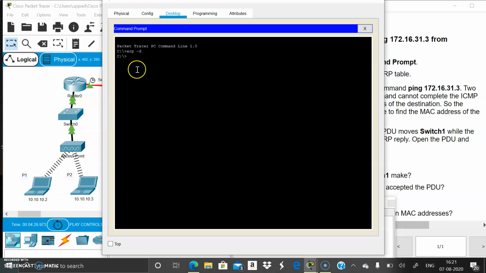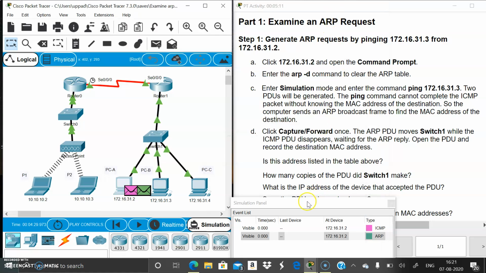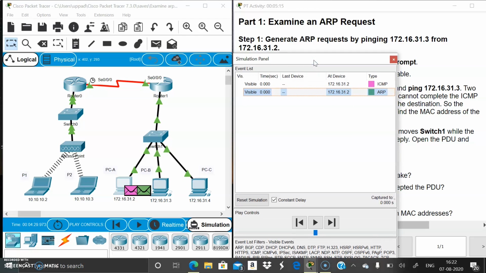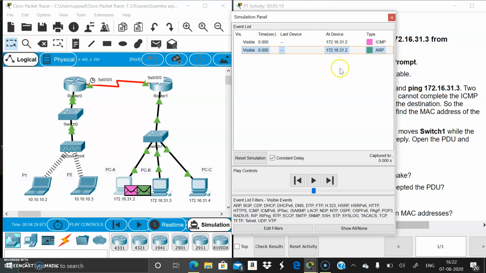Again, go to PCA and enter ping 172.16.31.3. Okay, now the PDUs will be formed. Here we can observe ICMP is one packet and ARP is one packet, and the ARP packet is used to know the destination address. We didn't know the destination address here. If I open this packet,